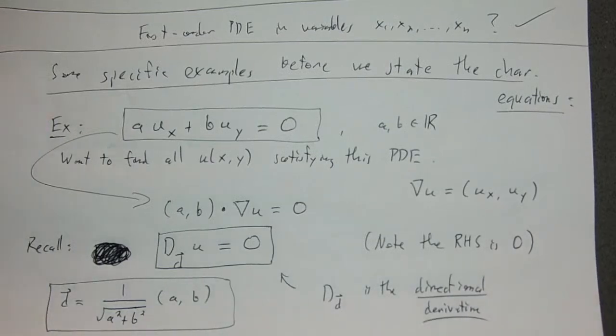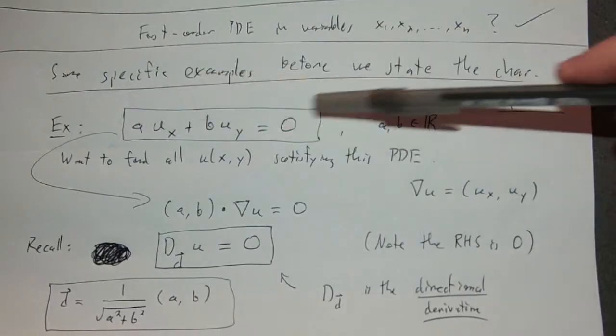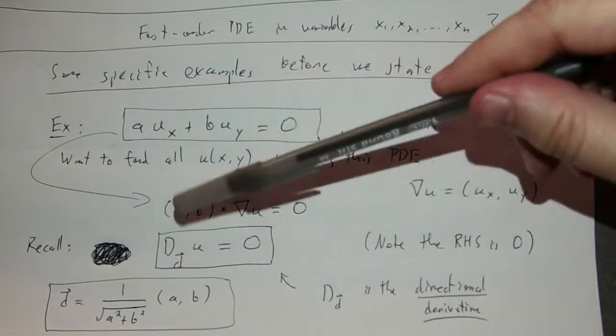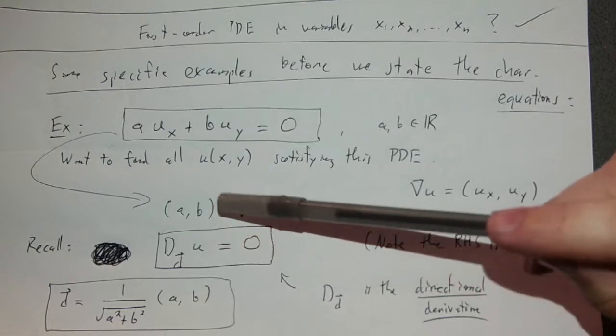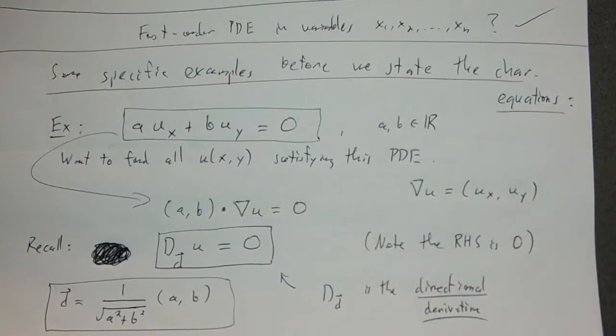Again, if you're confused about directional derivatives, just look up that section in the appendix. Okay. So then this PDE is really the same as saying the directional derivative of u in the direction specified by the vector AB is 0. But remember, this is a Calc 3 statement. The directional derivative being 0 in some direction is telling you that the instantaneous rate of change of the function in that direction is 0. Hence u is constant in that